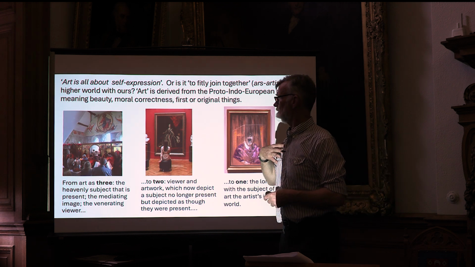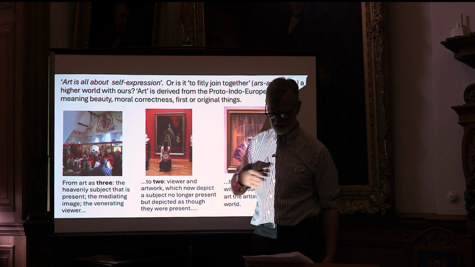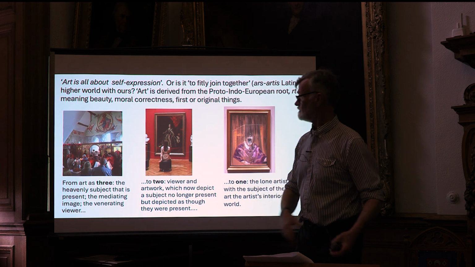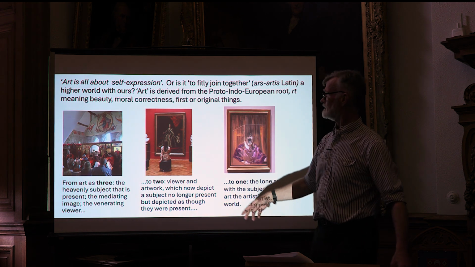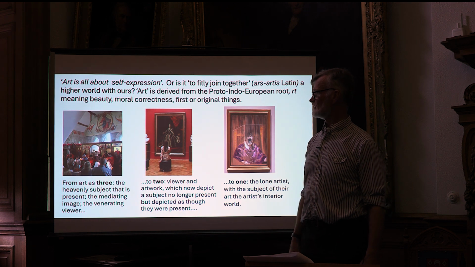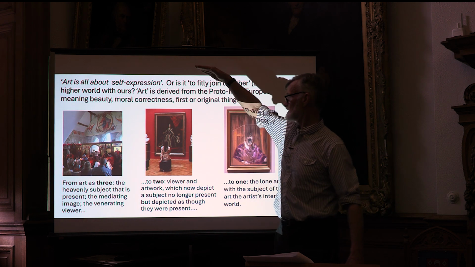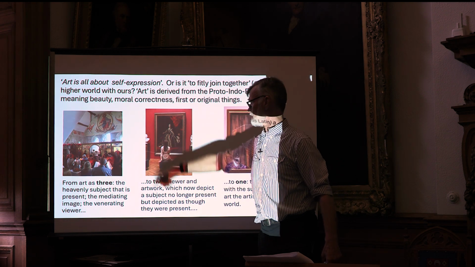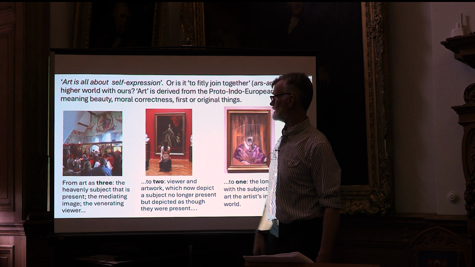I'll stop soon. So one way to think of this transition through Western art history is 3 to 2 to 1. Most traditional art of different cultures is to do with 3: the heavenly subject, the mediating image, and the venerating viewer. So this is